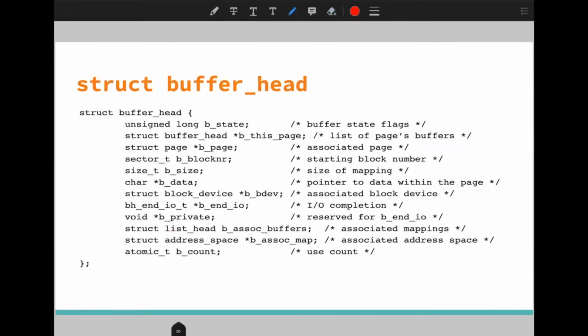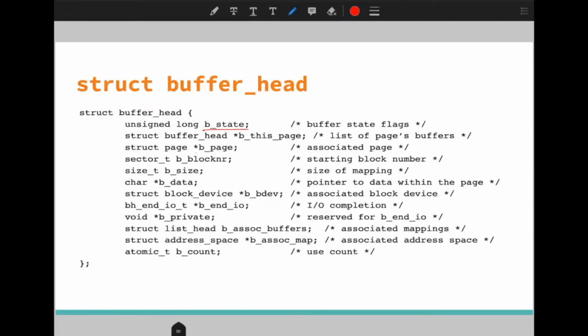So let's now discuss the structure buffer head. As we have already discussed, the buffer head represents the information that the kernel needs to manipulate a buffer. Here we will see how all that control information is stored in it. Here you can see this is the flag that tells the current state of a particular buffer.